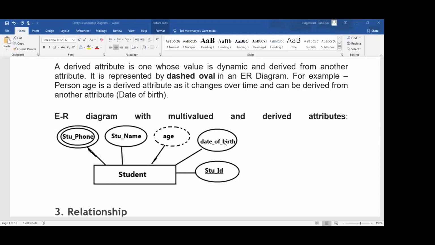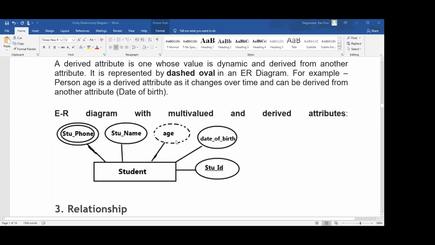That's why we call this a derived attribute, because we are deriving the age of a person based on his or her date of birth.